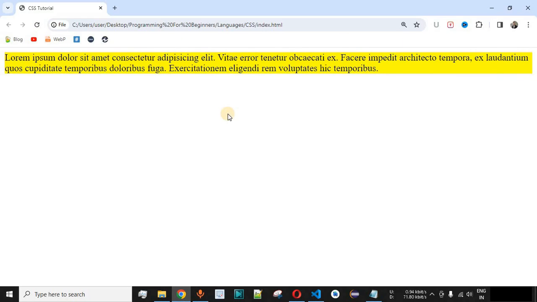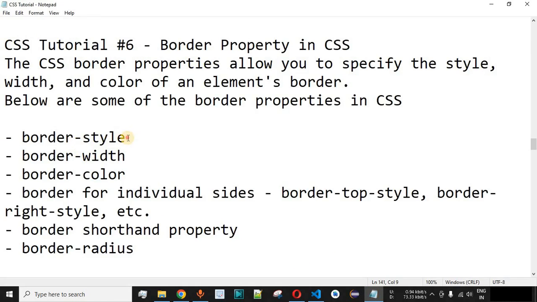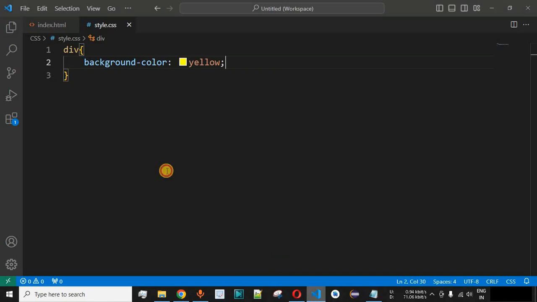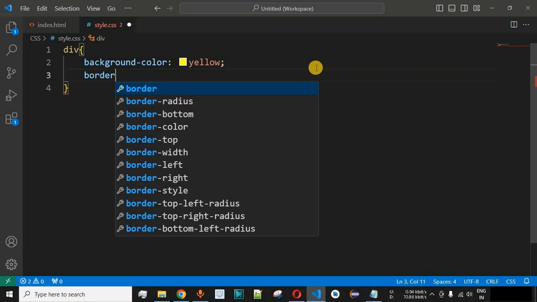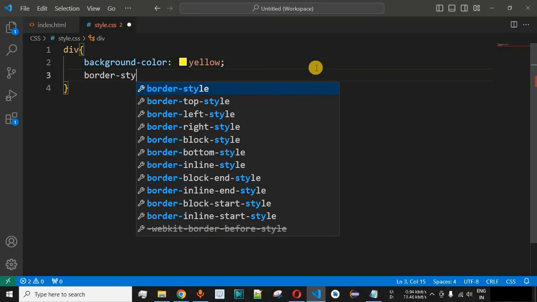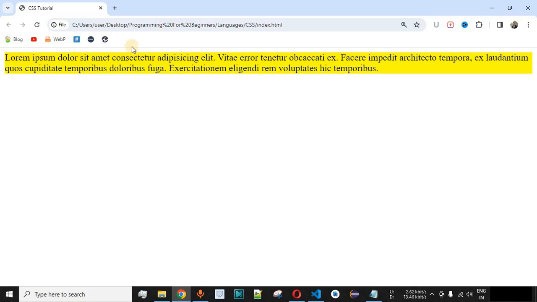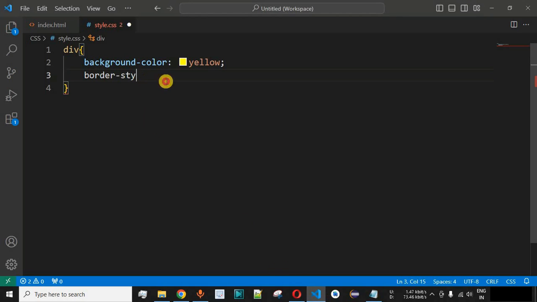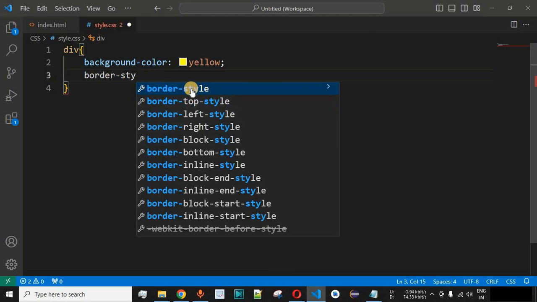Now guys, let us say we want to provide a certain border. So what we can do is provide the border style in this case. When we provide border style over here, there are multiple values that you can select from. As you can see, this is the border style, and apart from that you can also provide an individual style for the individual sides. So we have border-top-style over here, then border-left-style, border-right-style and border-bottom-style. So basically there are 4 sides for this div, that is top, right, bottom and left. So guys, you can select which of the sides you want the border to be provided on and what style needs to be implemented for that particular HTML element.